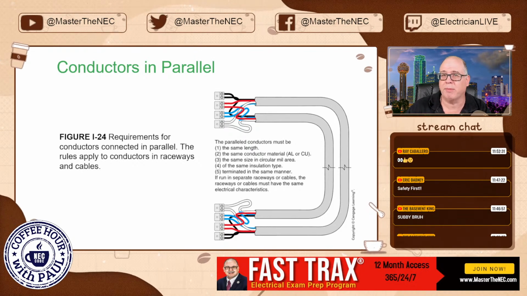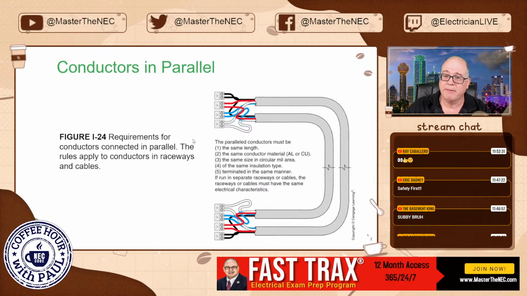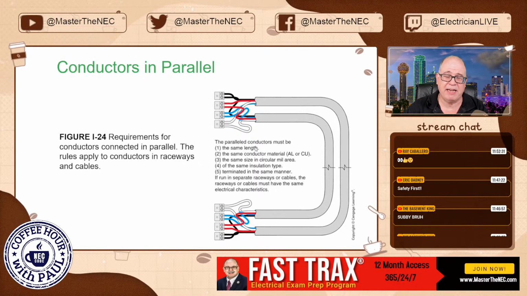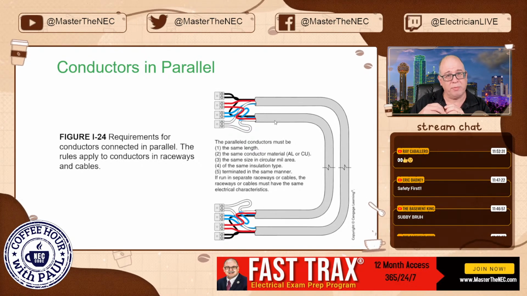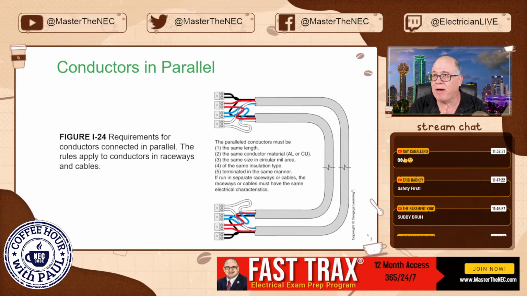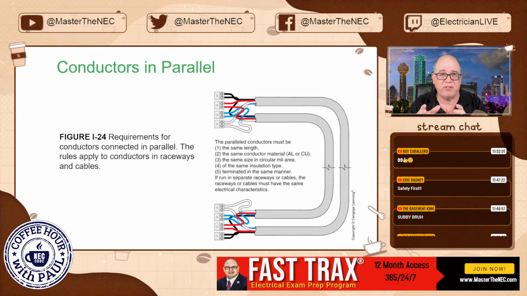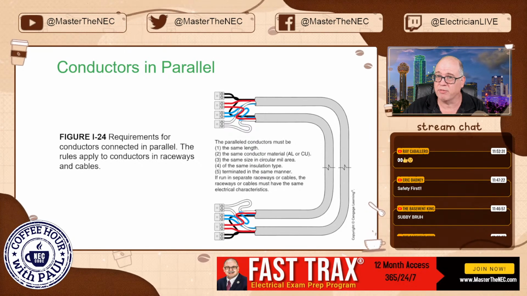Just remember that aluminum is going to have to be larger to carry the same amount of current, but you could do that. Now, the only problem that presents by mix matching with the different phases is it might mean that your raceway ends up being larger because aluminum tends to be larger. That would be a problem too, because we want to make sure that we carry those parallel consistency over to the wiring methods as well. So that's also covered under 310.10.